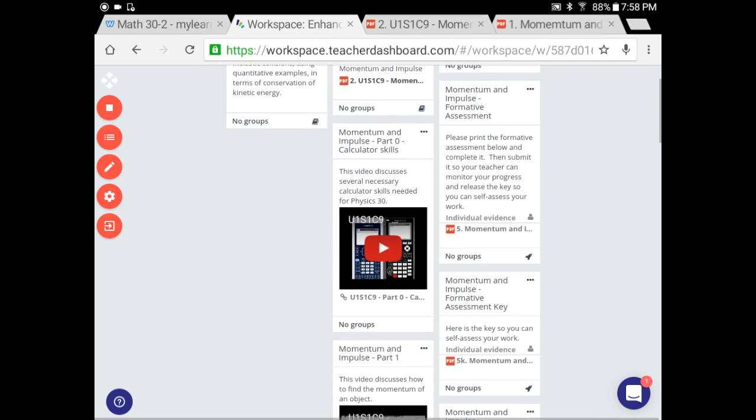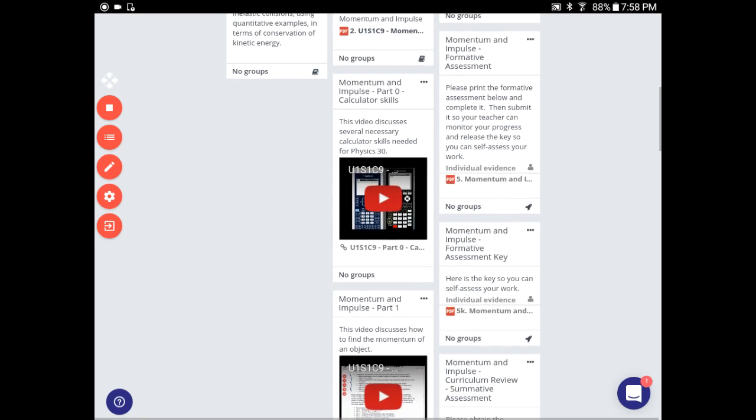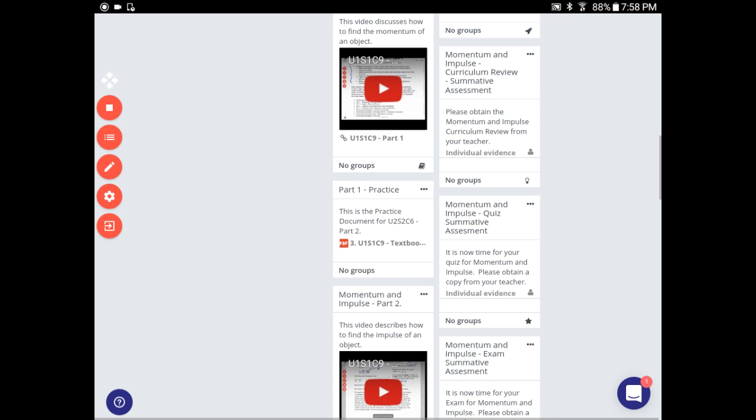Once we do that, we are going to read and watch down the middle column. The first one, part 0, is just some calculator skills that are going to be really handy. Then we have Momentum and Impulse Part 1. This video discusses how to find momentum of an object. You watch the video and then do the practice questions. These are in your textbook,